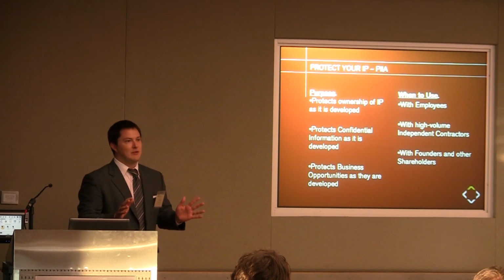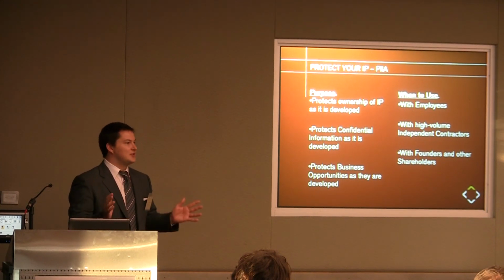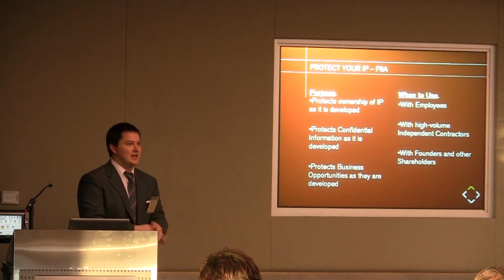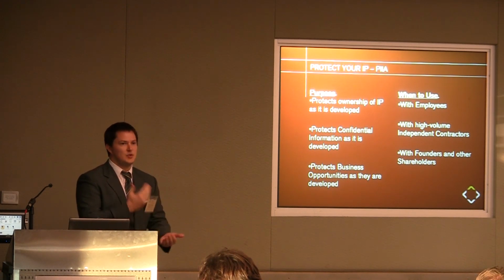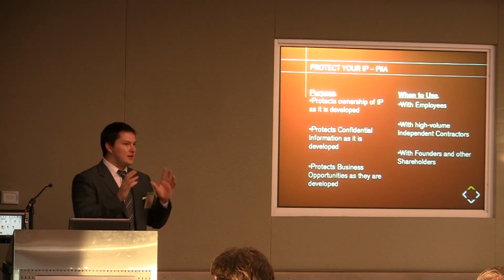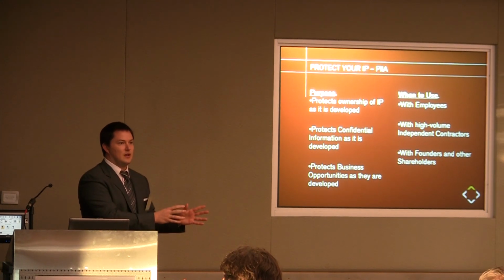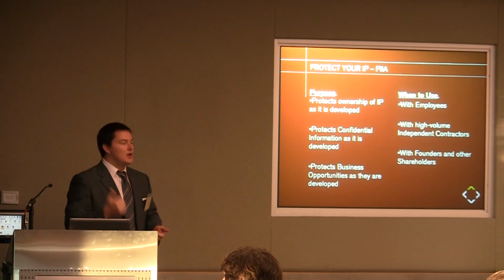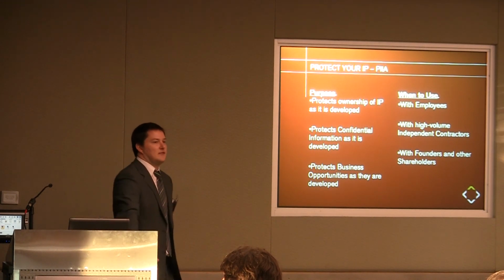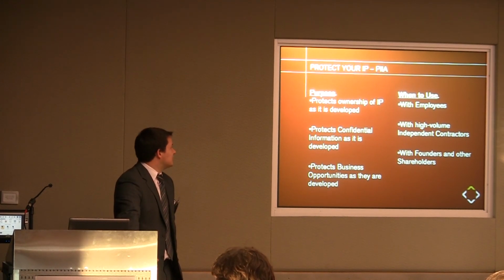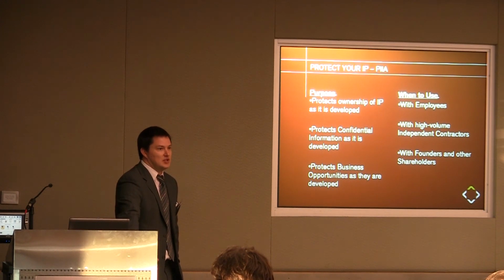Great example, Microsoft. How many thousands and thousands of employees does Microsoft have writing code, coming up with new ideas, new logos, new brands, new systems, new operating systems, new software? If every little employee that comes up with that stuff from Microsoft owned it themselves, they'd just leave Microsoft and Microsoft wouldn't exist. So the PIIA is what we use for Microsoft to say, hey, if you're working for me, we own it. So what it does is it essentially protects the IP as it's developed. It sets the terms of the relationship right off the bat.